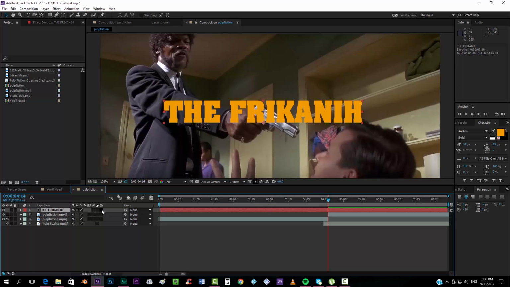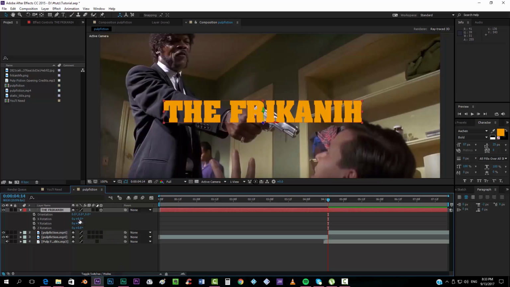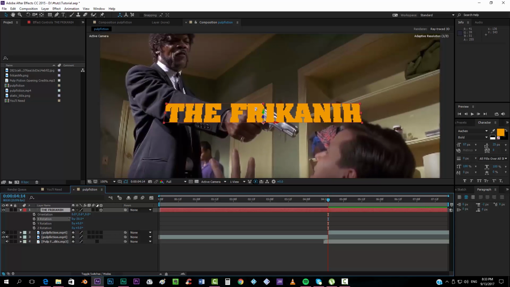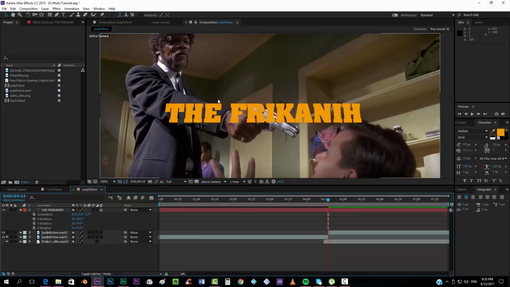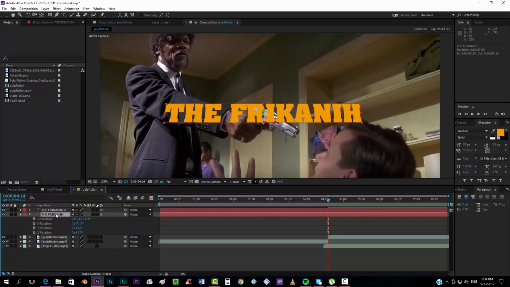We're gonna do this by making it a 3D layer. If you don't have this option here, you just can toggle the switches. And we will click here on the rotation options and rotate it just a little bit so that it has a little bit of perspective, maybe a little bit more, something like this. Looks okay like that. And now we want to duplicate this layer. We want to take the one here. I'm going to switch it off, and we want to make this black text,